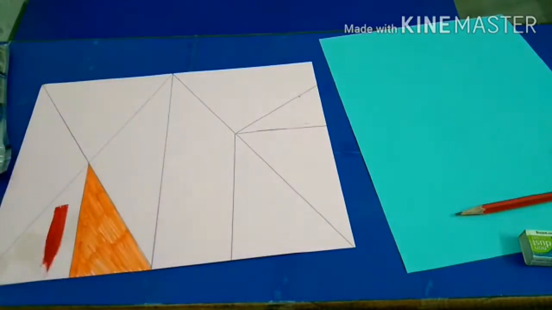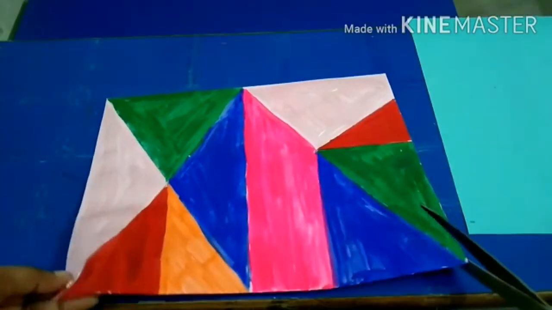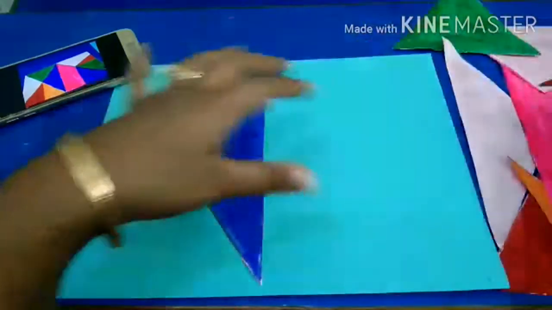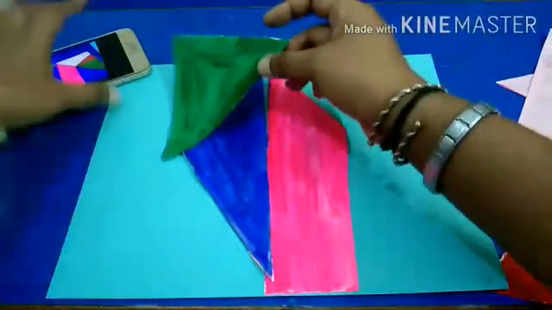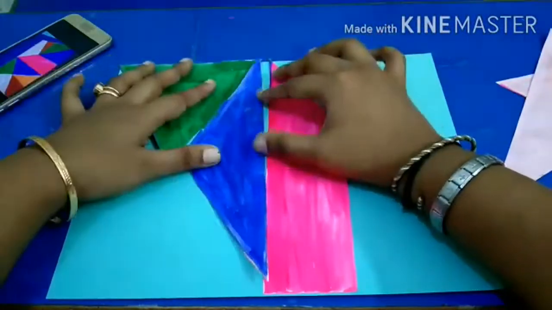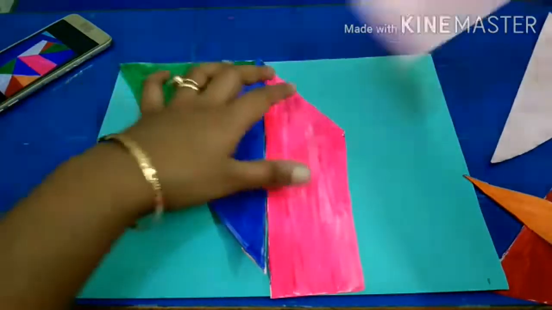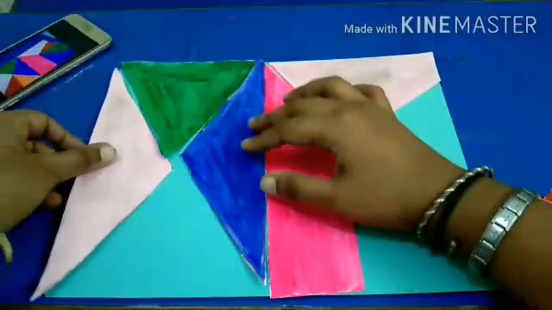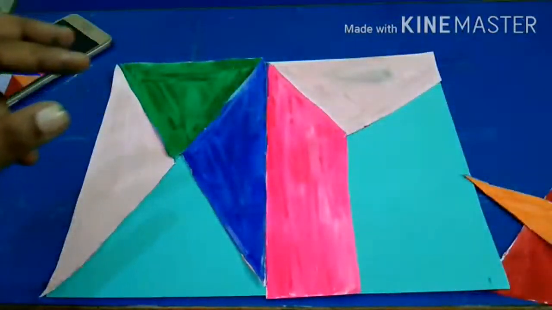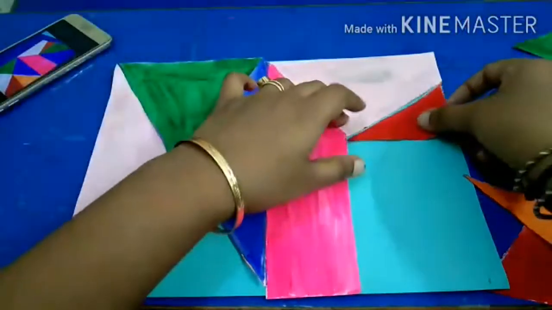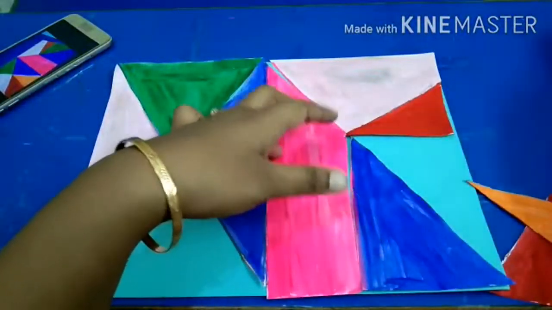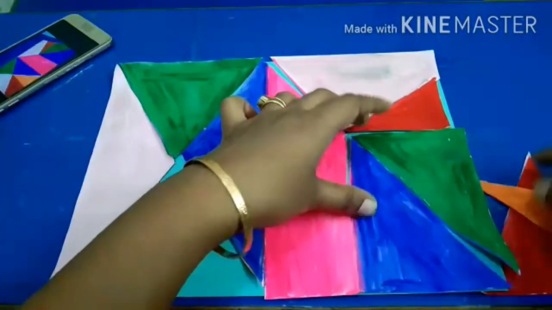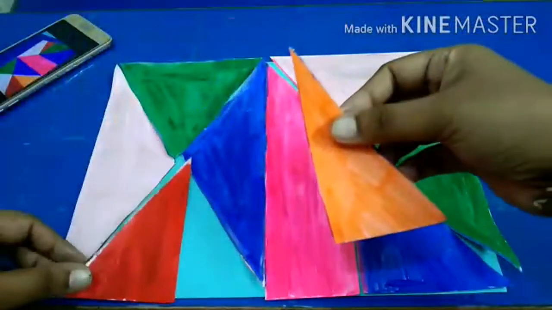Here I have painted the different shapes and will now cut these shapes so that I can assort them and make the puzzle. I have already taken a picture of the puzzle that has to be solved, and now you can see with the help of that puzzle on my screen, I am putting the parts together. Such ready-made puzzles are also available on online sites like Amazon and Flipkart. If you do not have time to make such a puzzle, you can also buy it online. Finally, setting in the last pieces, the team that does it fast wins.